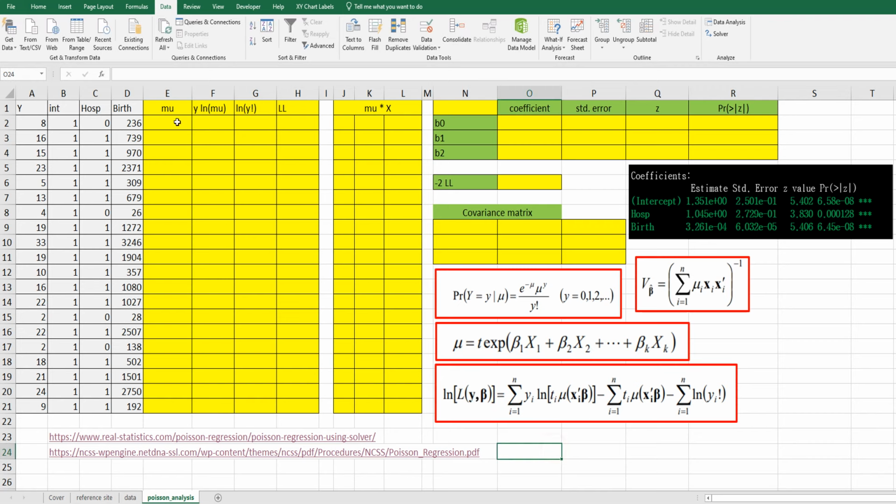So first, mu can be calculated by the exponential of b0 plus b1 coefficient times hospital plus b2 coefficient times birth. Okay. Right. So we're going to use Solver, and let's set b0, b1, b2 as 0 as the